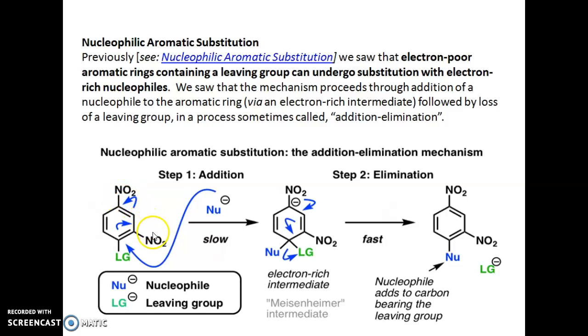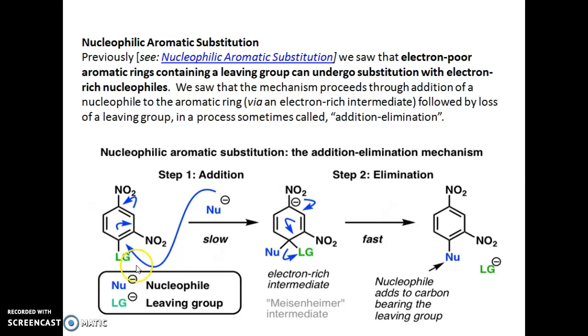These nitro groups are electron withdrawing groups. As a result, along with one leaving group, we can call this ring an electron poor aromatic ring. Further, when the nucleophile is added,